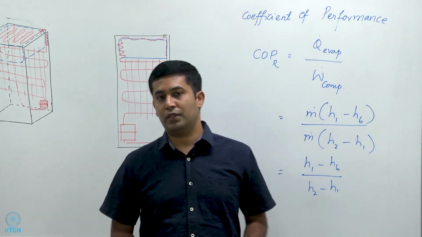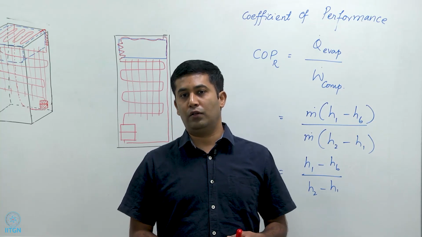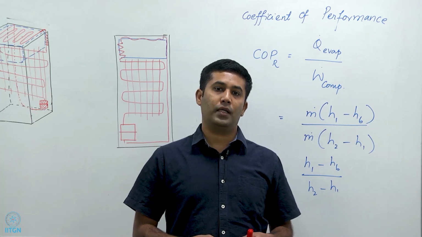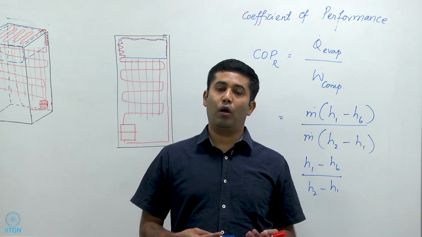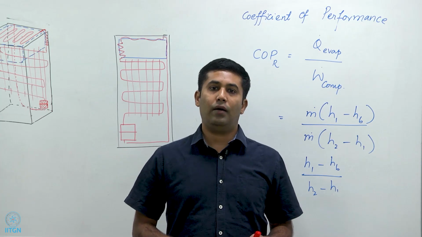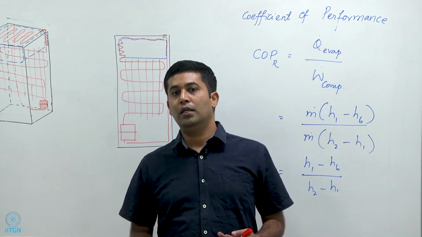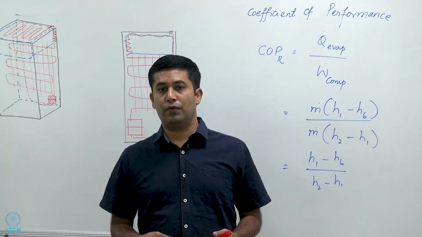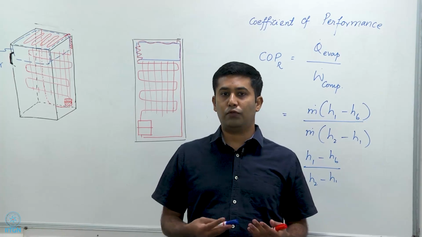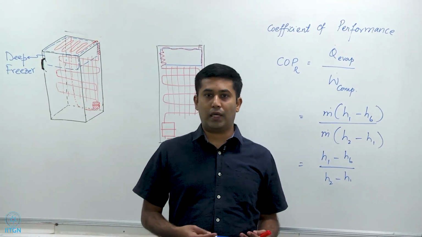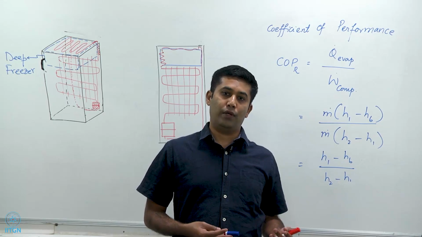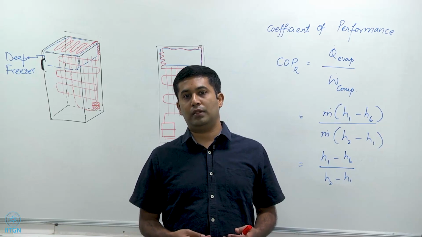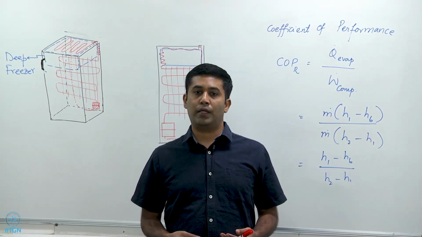Typically, household refrigerators and air conditioners have COP values ranging from about 2.5 to about 3.5, and central air conditioning plants such as the one in block 9 at IIT Gandhinagar, for example, have higher COP values ranging from about 3 to about 4.5. There are various reasons for it, some of which we will discuss in the class. So in the next video, we are going to look at a different power cycle, one that involves gases instead of vapors, called the Brayton cycle, which is used in gas turbines for power production as well as gas turbines for aviation.